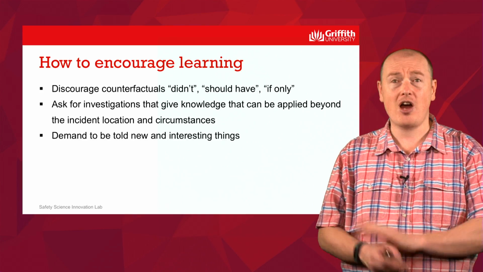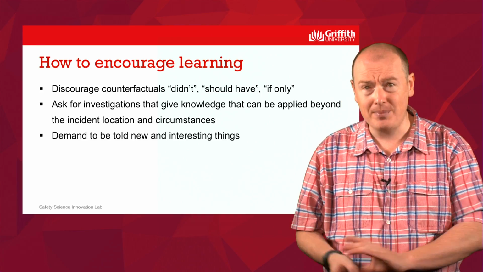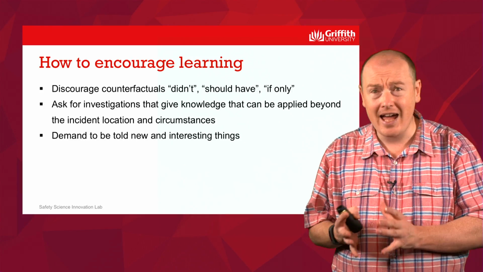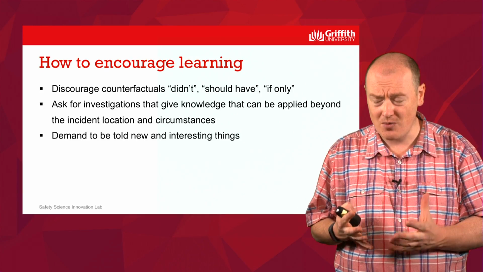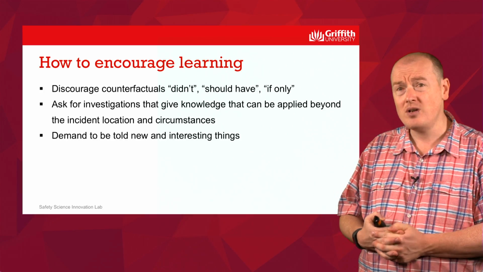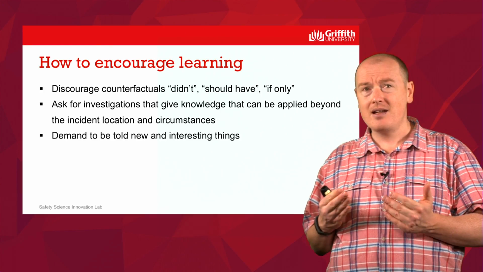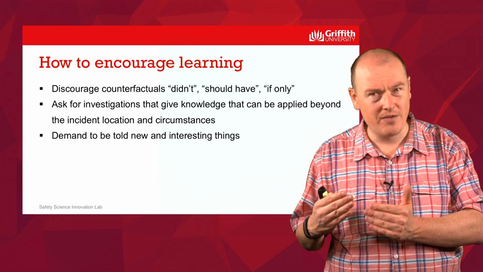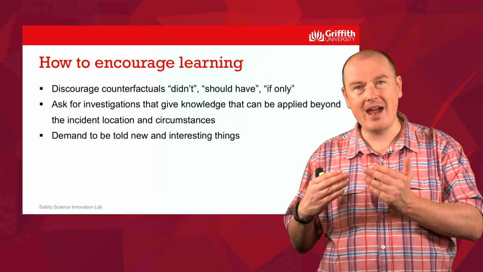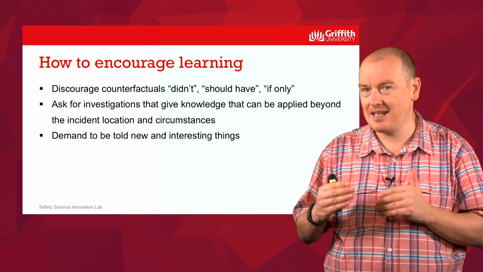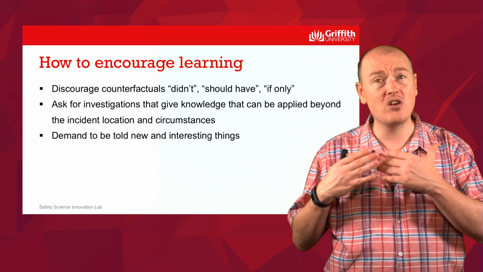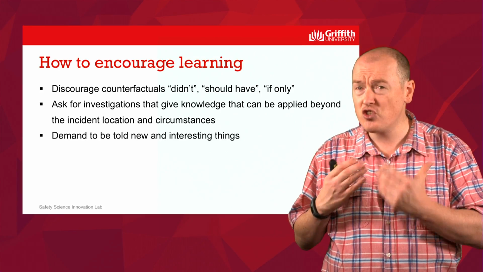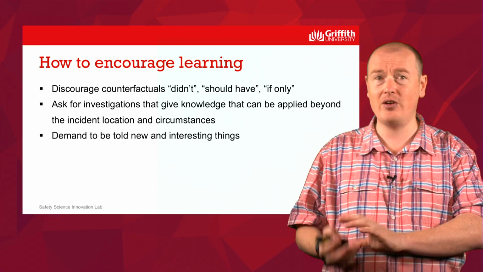If you use words like only, if only they'd looked up, if only they'd paid more attention, if only they'd had more supervision, the supervisor should have paid closer attention. Counterfactuals say what could have happened and what should have happened, and in doing so, they are directly applying pre-existing categories. They're assuming we already know what should have happened, we already know what could have happened, and assuming that we already know guarantees that we don't learn.